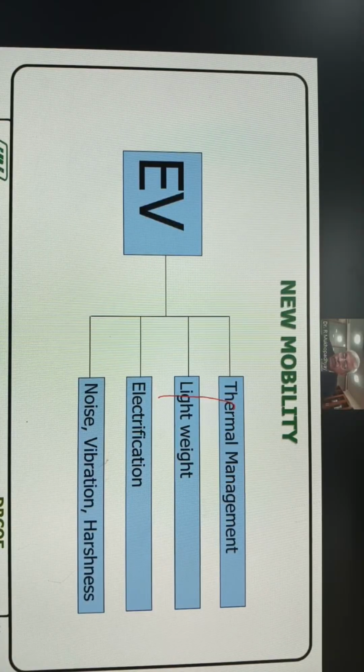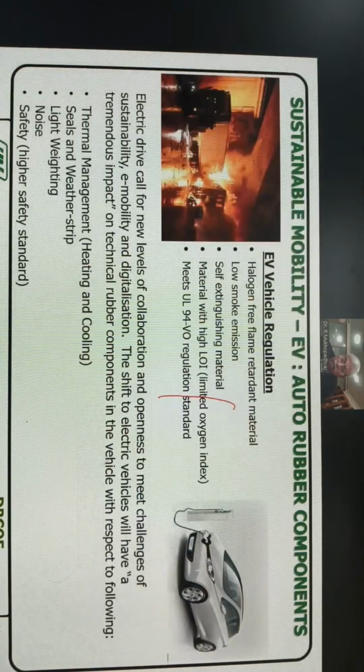It will be different for the electrical vehicle. And lightweight is required, as all of you are aware, for fuel efficiency and rolling resistance, etc. If you look at it, the electrical vehicle requires mostly auto rubber components: halogen-free flame retardant material, low smoke emission, self-extinguishing material with a high limited oxygen index, and it should meet the UL